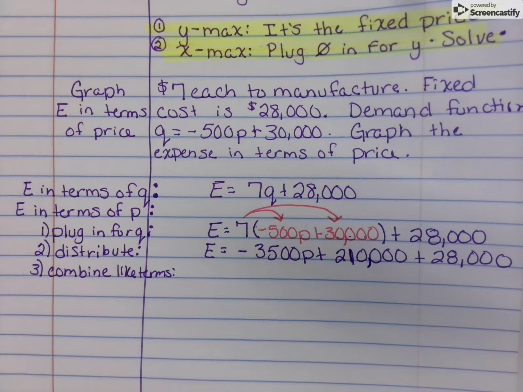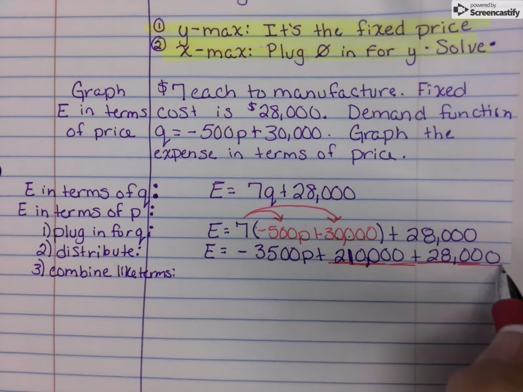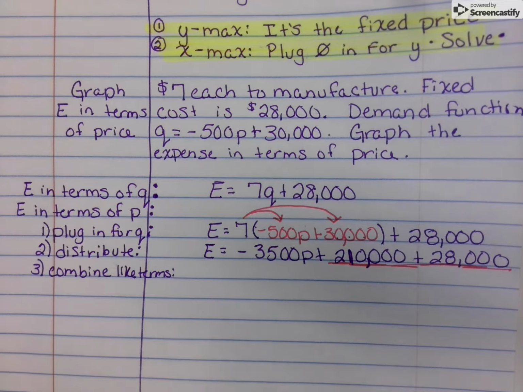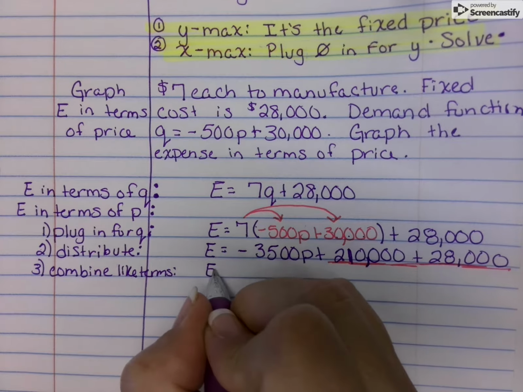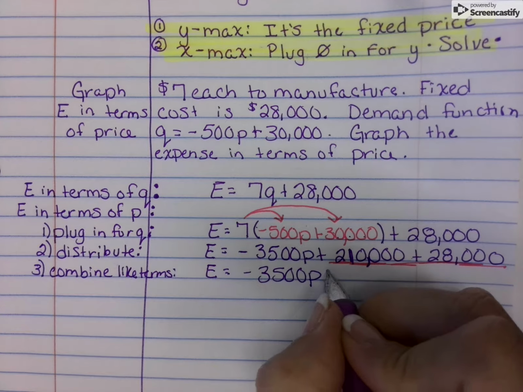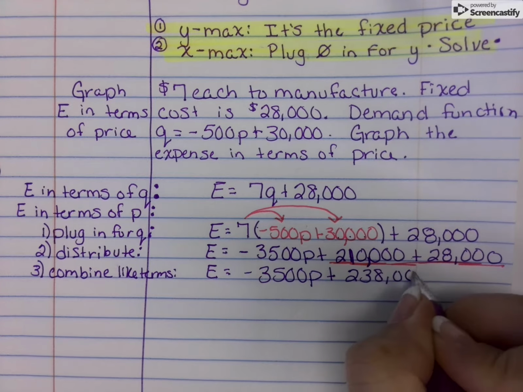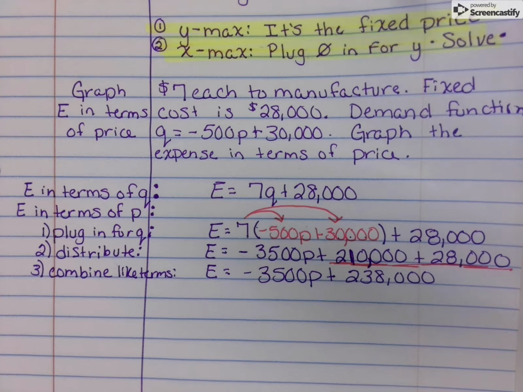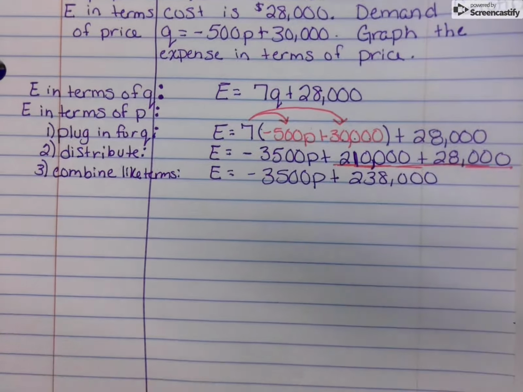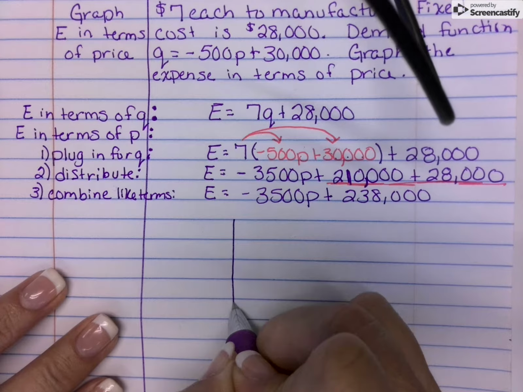Combine like terms, and so we've got our constants, 210,000 and 28,000. And I have E equals negative 3,500p plus 238,000. What's my Y